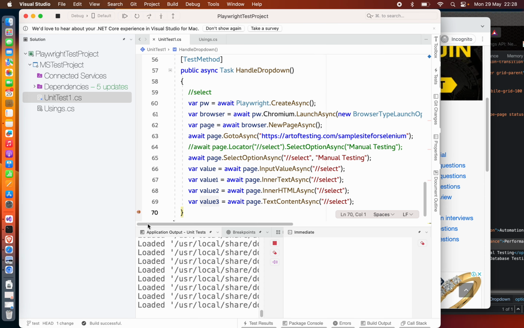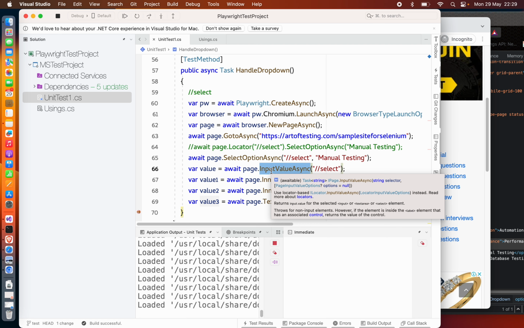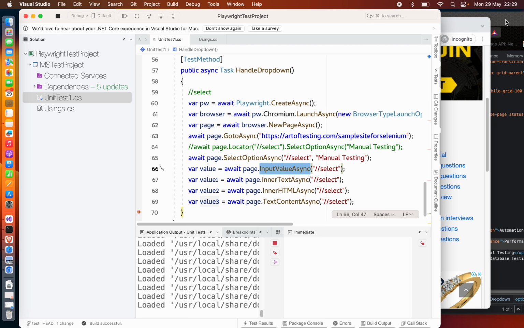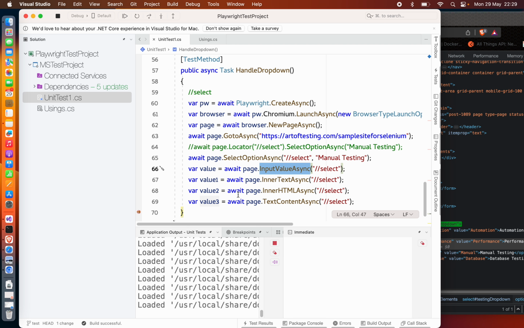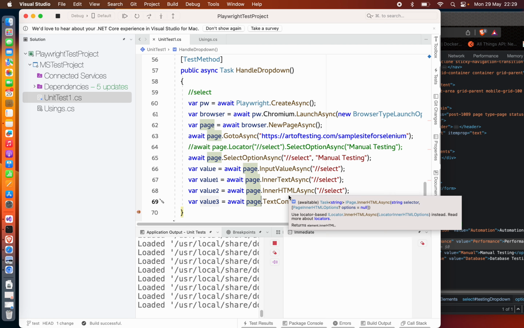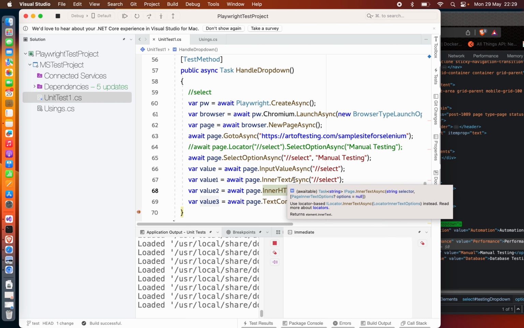It selected manual testing. Here basically the method input value async returns the value attribute. For manual testing the value is manual, so here I am getting manual. The second method, inner text async,